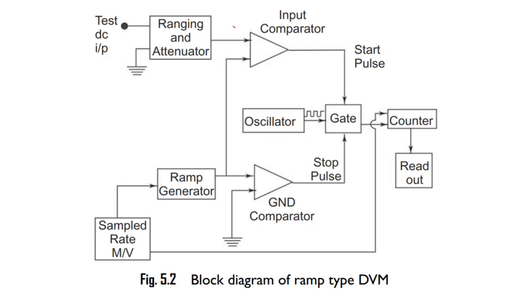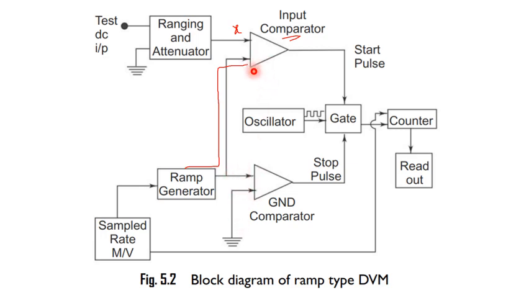at this point you will have X. And this is what is called the input comparator. The other input of the input comparator is connected to a ramp generator. So you have the input comparator where the two inputs are X and the ramp signal. On the bottom side, you have the ground comparator, where the two inputs of the comparator are ramp signal and ground.